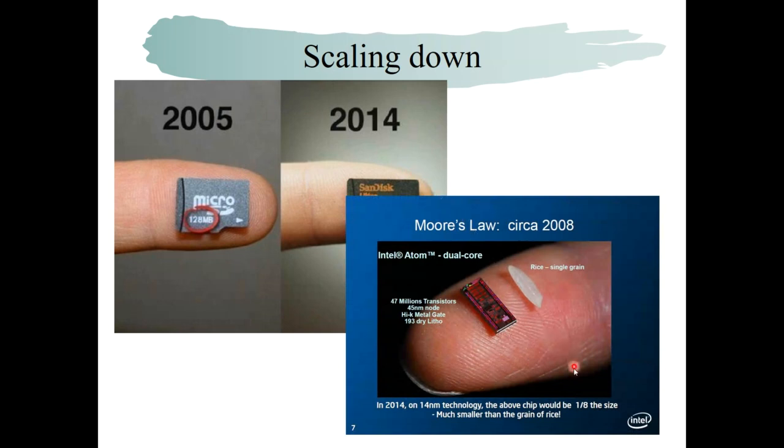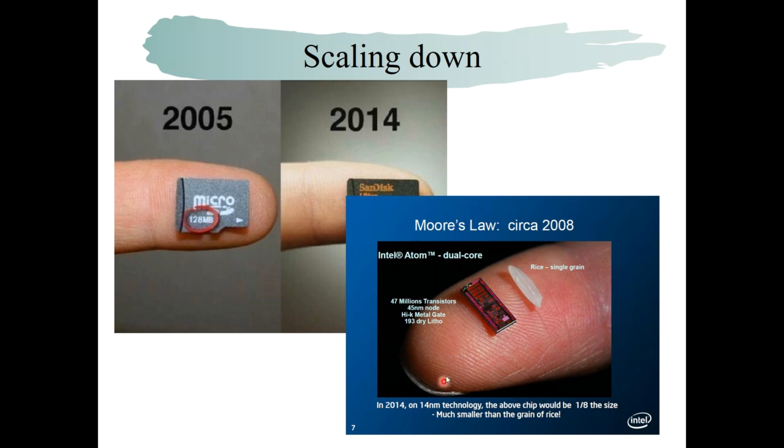And even this is a very old photo, more than 10 years ago, but you can see this is a single grain of rice. It's very tiny. And this is the CPU called Atom, for mobile applications. They have 47 million transistors in this small chip, and 45 nanometer line width. And yeah, this is too much detail. Anyway, now you can imagine about 12 years ago, they were using the 45 nanometer node,